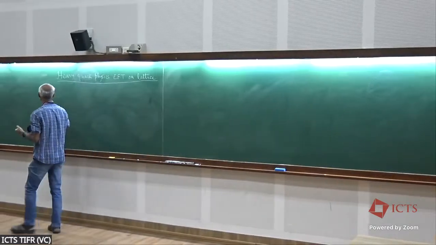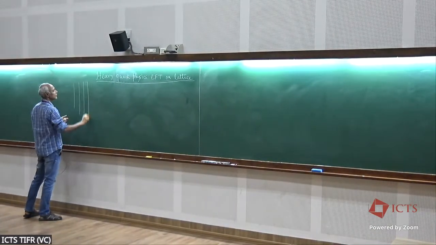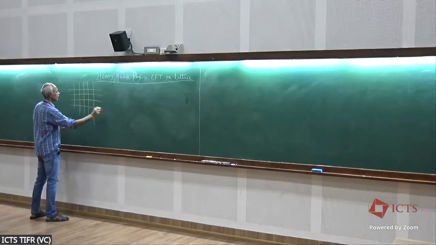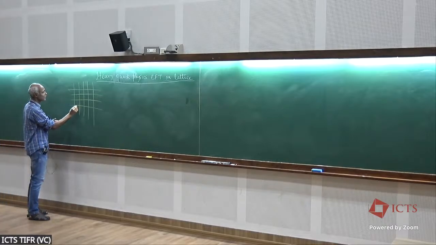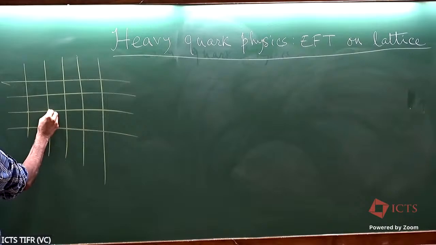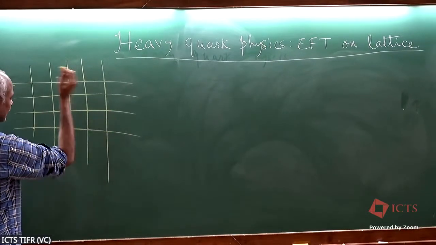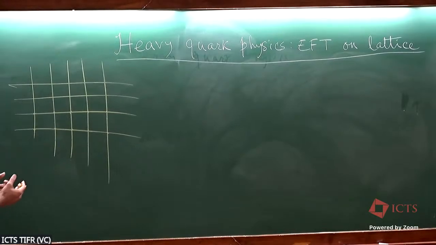So let's say you say that all my fields reside not on arbitrary points, but on these points. Okay. So then, as you know,